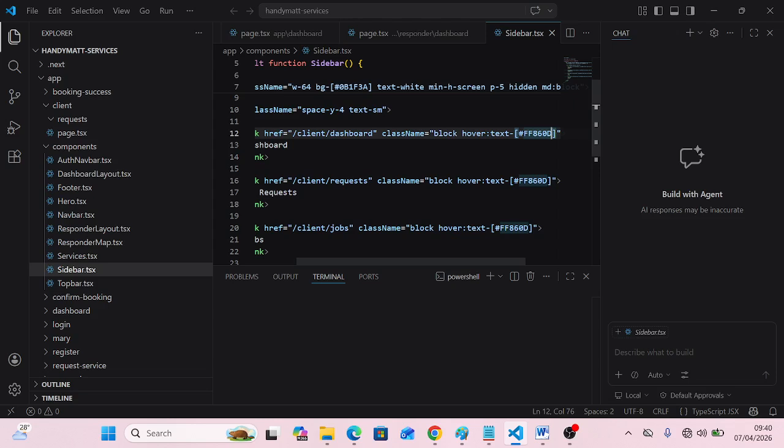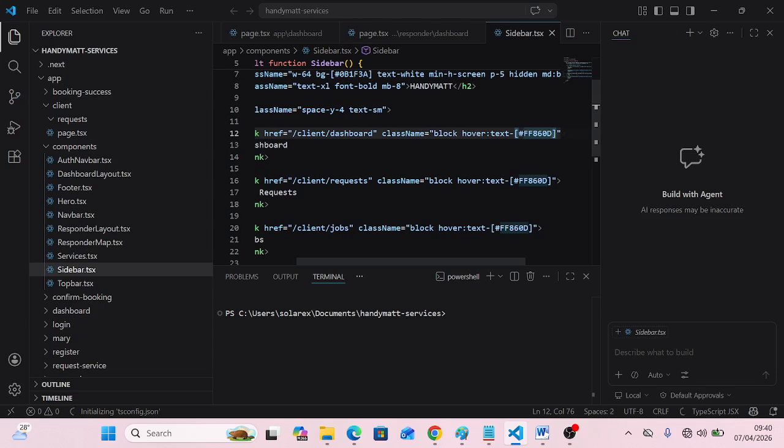And you can say text-, use square brackets and put the color code also. You understand? If you don't know, just say it's a text, maybe yellow, like I did, but you use square brackets to give it the exact code. You understand? So, okay, npm run dev,